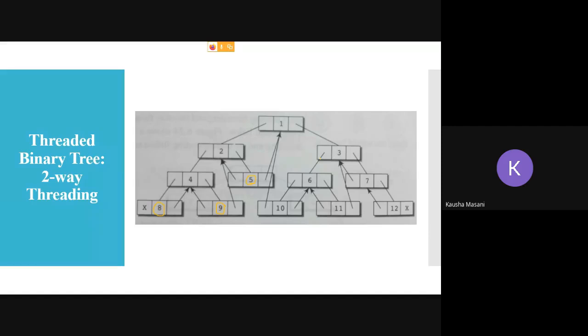So see, two arrows everywhere except for 8 and 12. Why? Because 8 does not have any predecessor, and 12 does not have any successor. Rest everything remains the same, and that is what I have shown you in the 2 slides previously. So that is your two-way threaded binary tree, two-way threading.